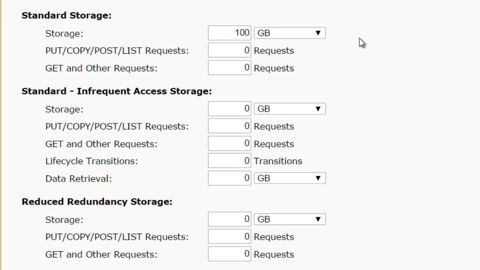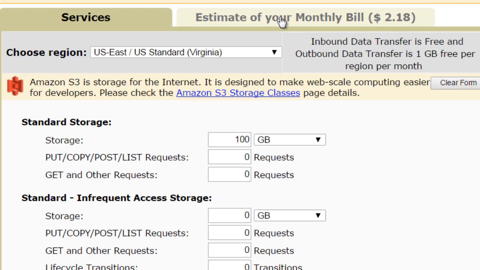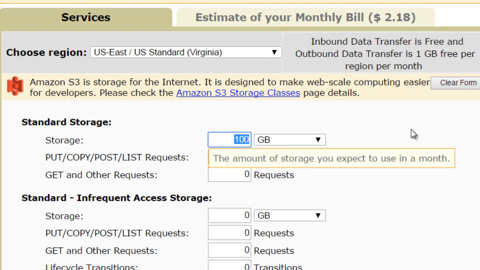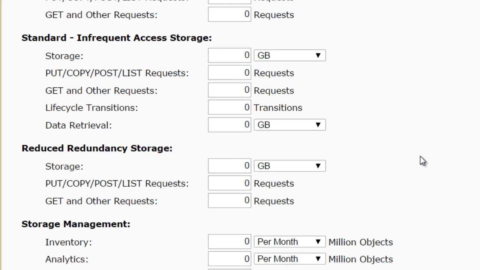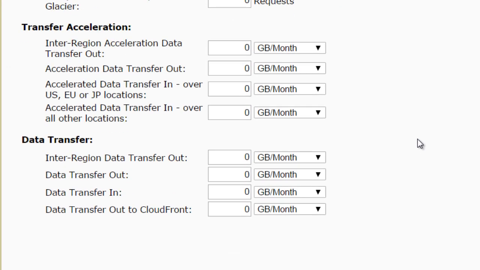Now, look at this. If I scroll up here, you can see it automatically shows you your estimated monthly bill. You only have to pay $2. So imagine the possibilities. Now let's talk about bandwidth, which is basically if you upload 100 gigabytes of video files,